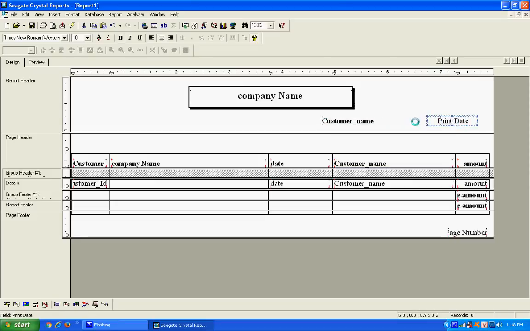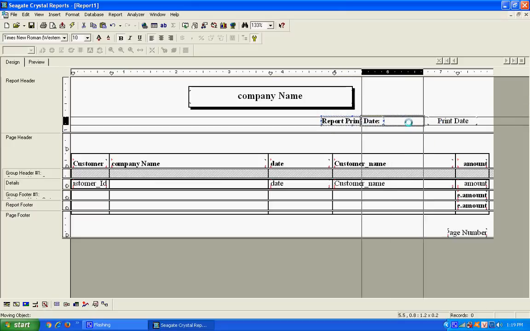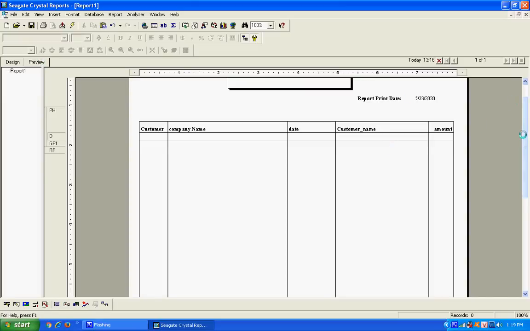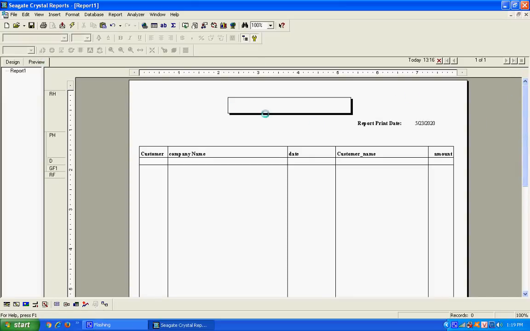The label for this field is report print date. I will reduce the size of this like this. This is good. This is the preview of our report.